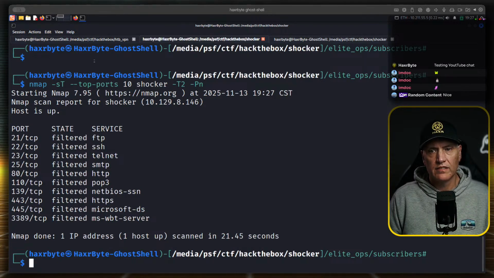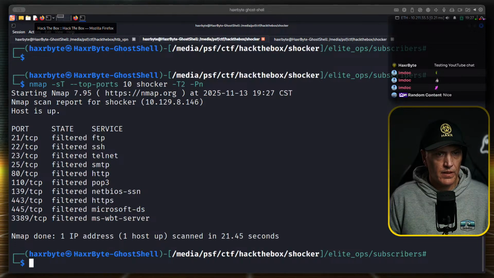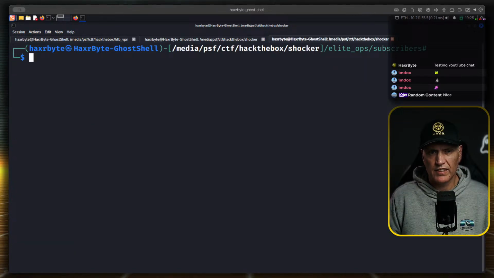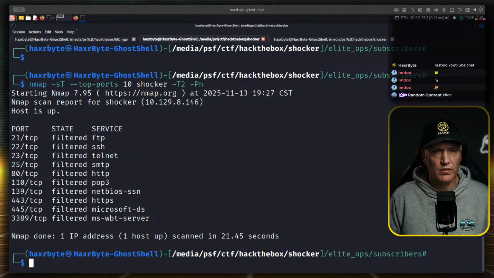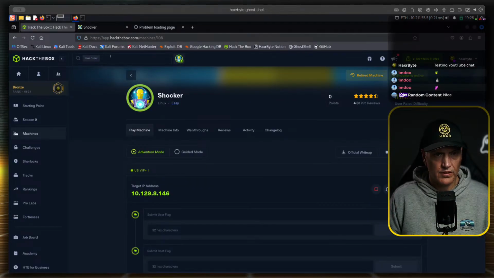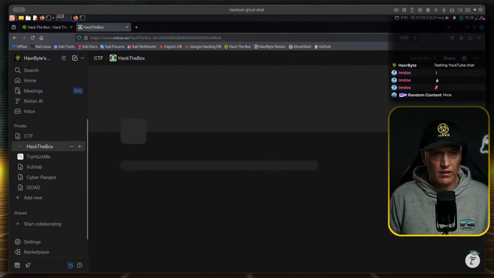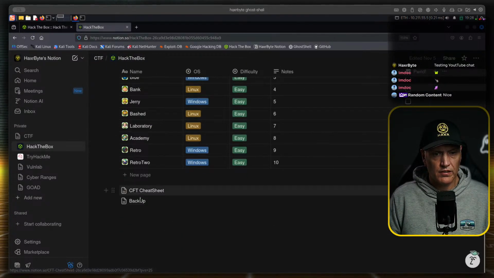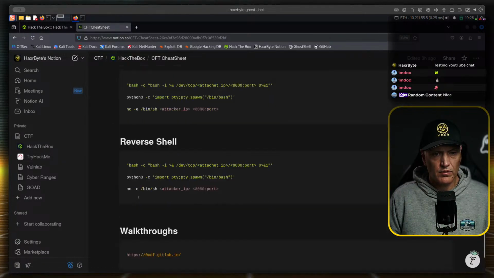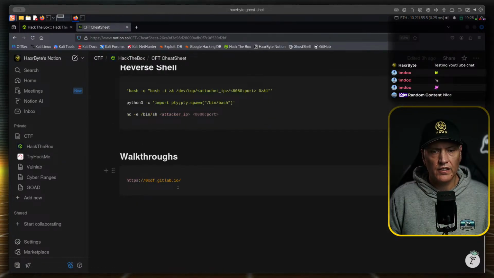If we can't get a port open, what we can do is peek at a walkthrough, just to see if it doesn't have ports. It's so strange. Let's see. Select the box. A really good walkthrough is 0xdf.